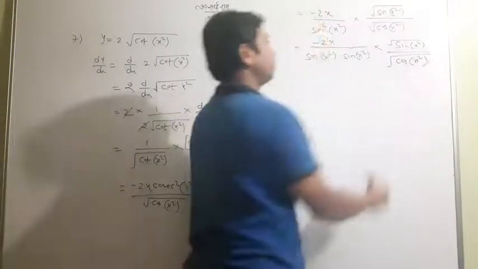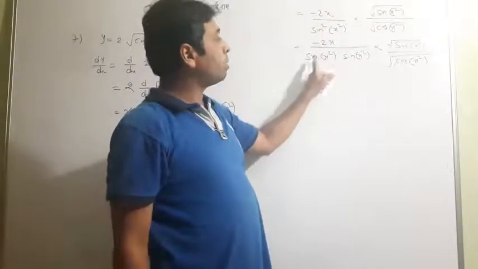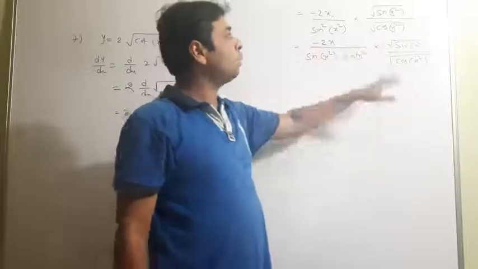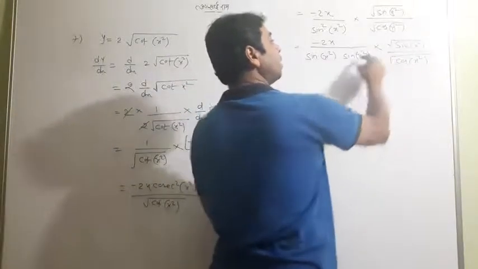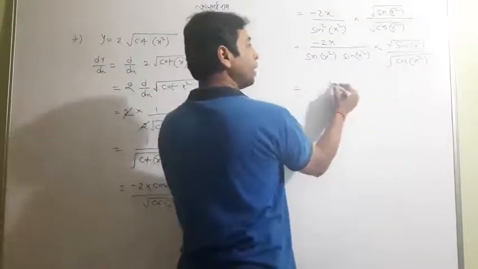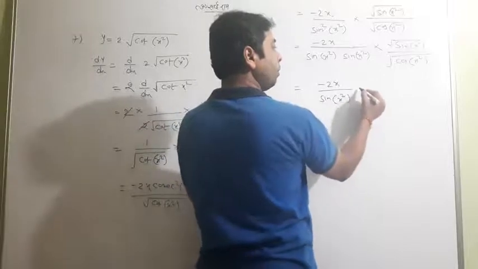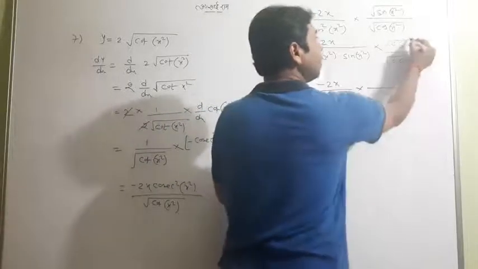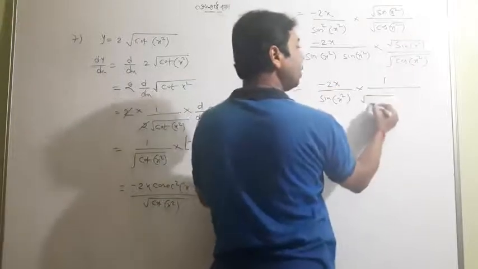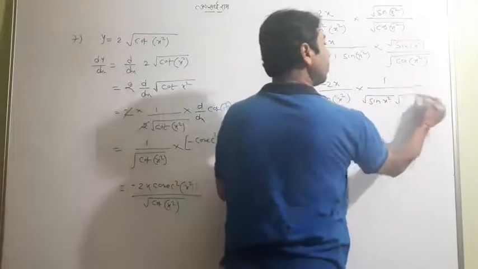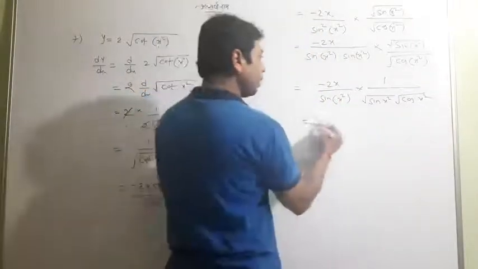Now look at the thing. This time it was sine square. I separate it into two terms, sine into sine. That is better now. Now you can understand that these two are the same, and one portion will cancel. So if one portion cancels, what will we get? 2x upon that sine x square will be the same. So definitely the upside one can cancel one side, the upside one remaining, and one portion will cancel by sine x square. Already it is cos of x square. Hope this is simple.